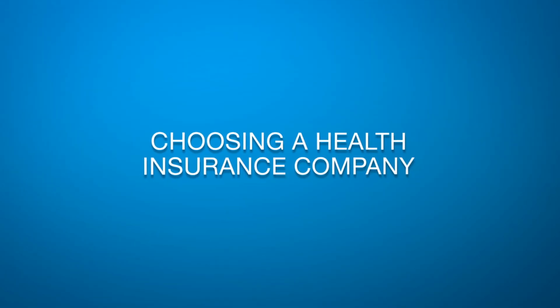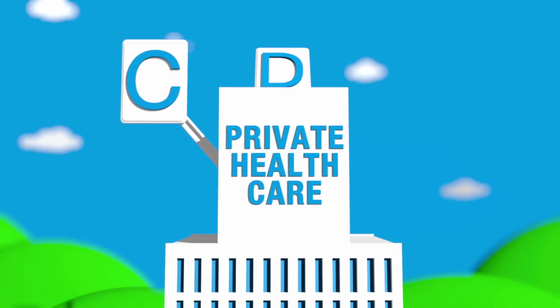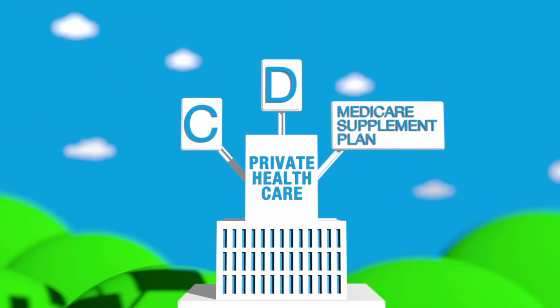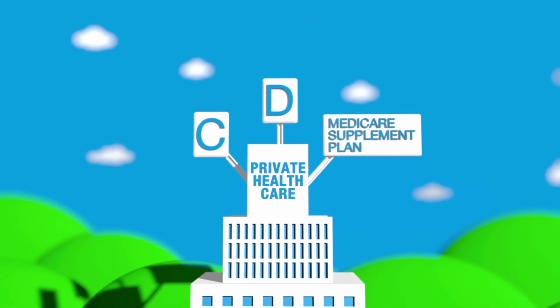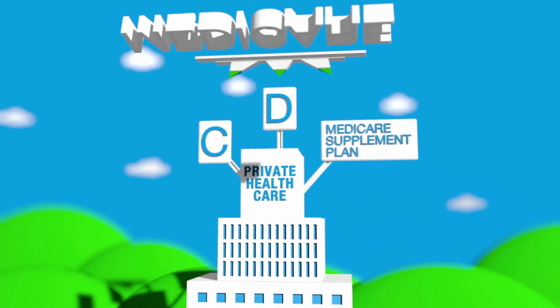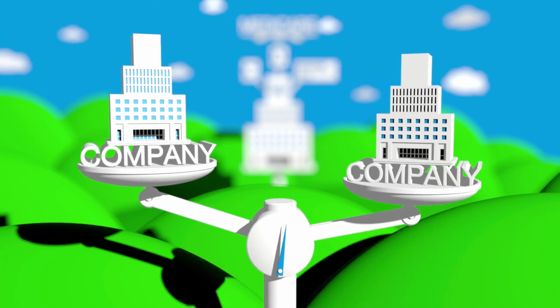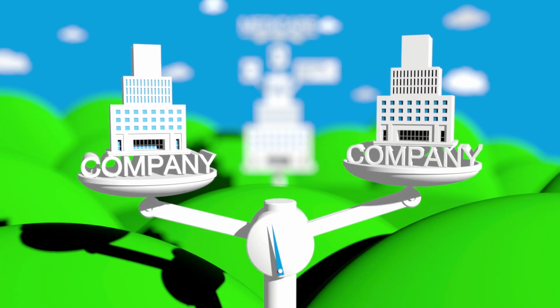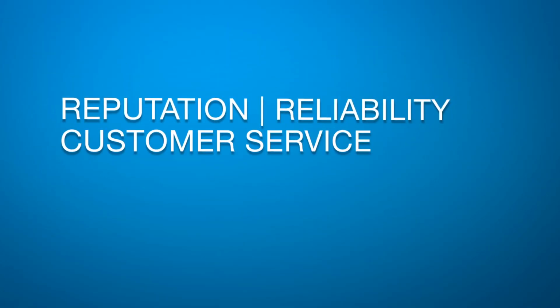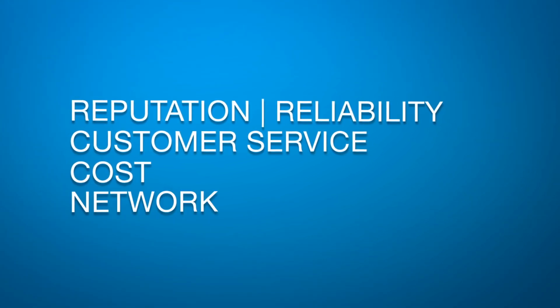If you decide to go with a plan provided by a private insurance company, whether it's Part C, Part D, or a Medicare supplement plan, there are some things you should know. A lot of the benefits covered by these plans are required by Medicare, so they are pretty similar. That means that you'll want to think about some of the advantages of one company over another. These might be reputation and reliability, customer service, cost, network,